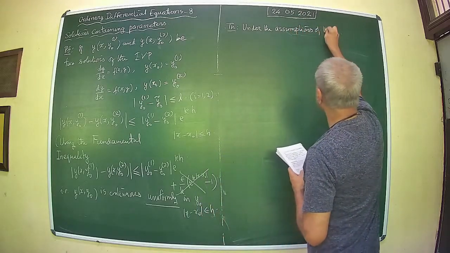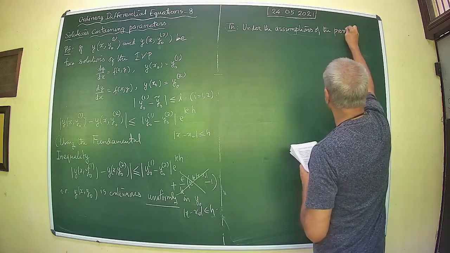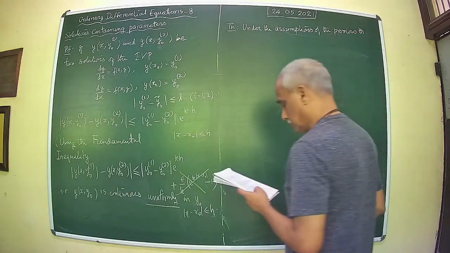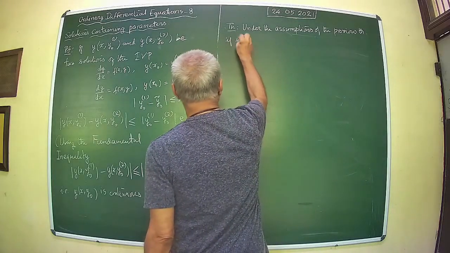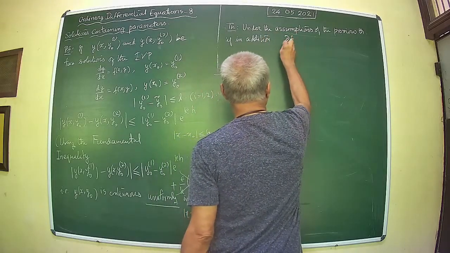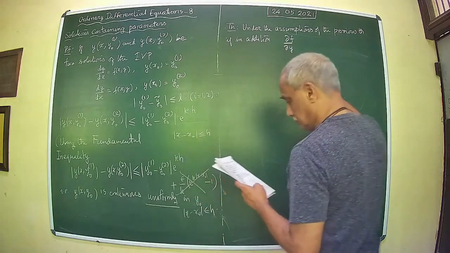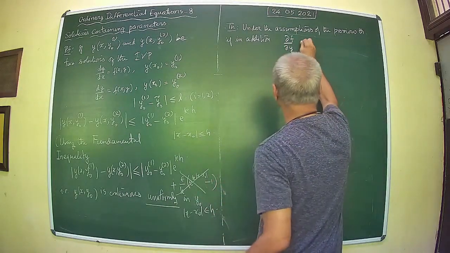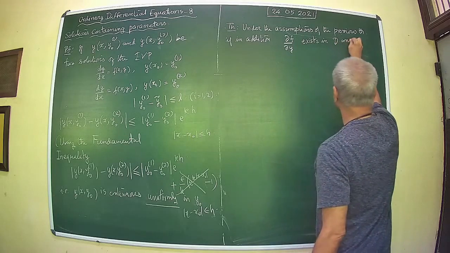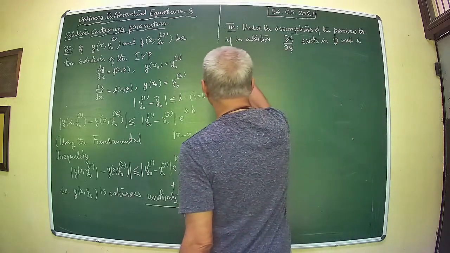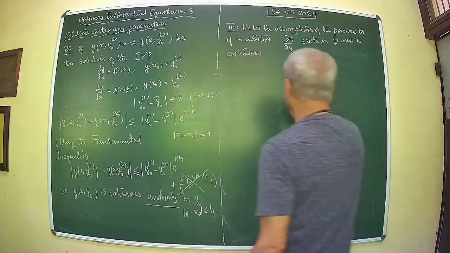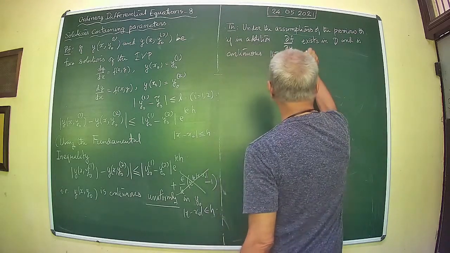Of the previous theorem, if in addition the partial derivative of f with respect to y exists and is continuous, then the solution